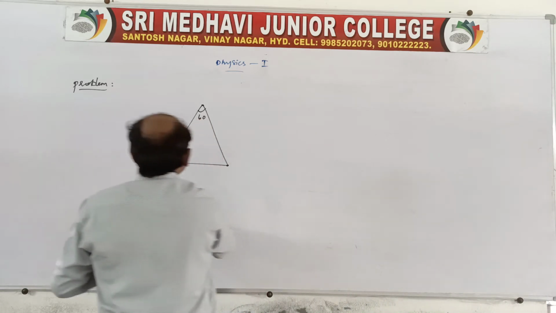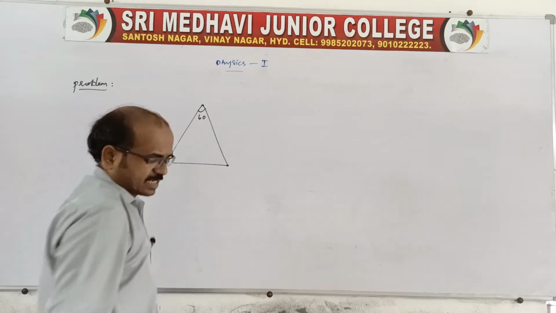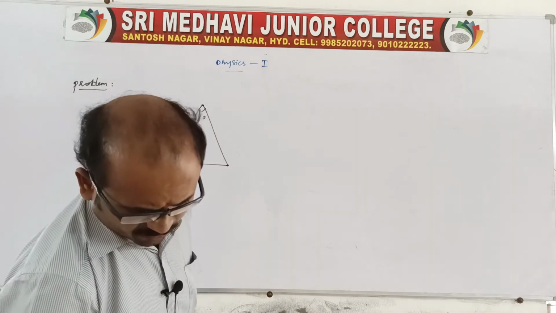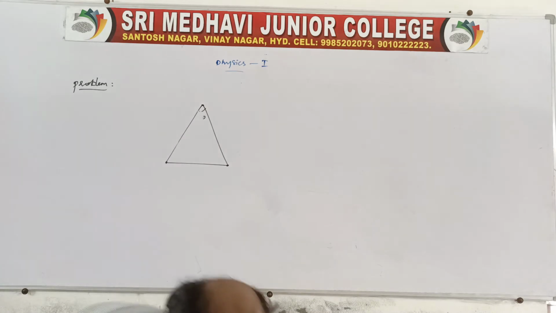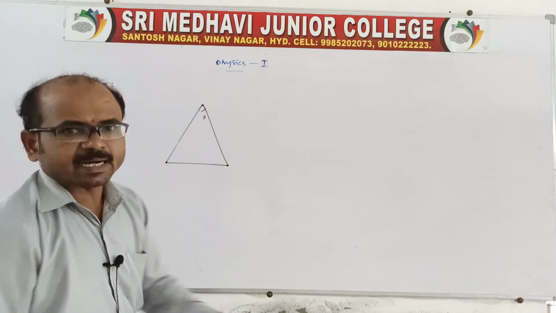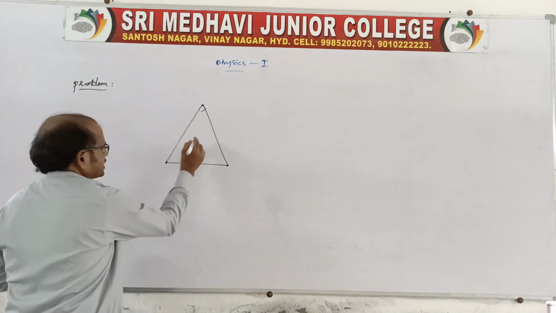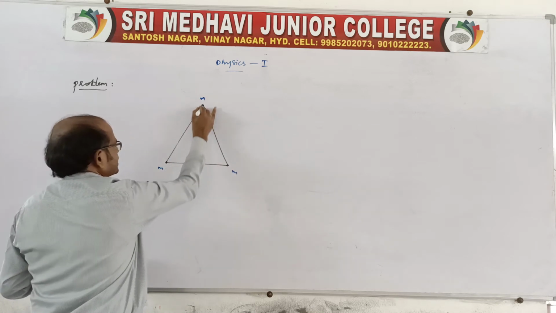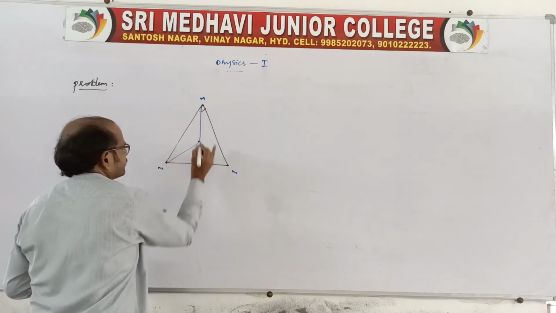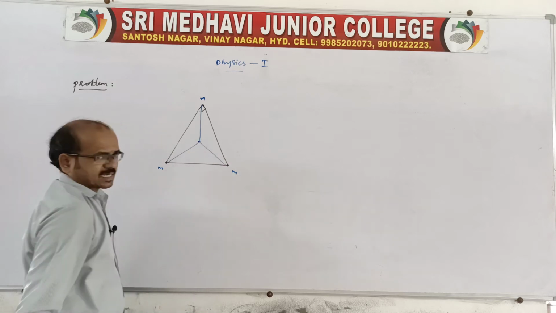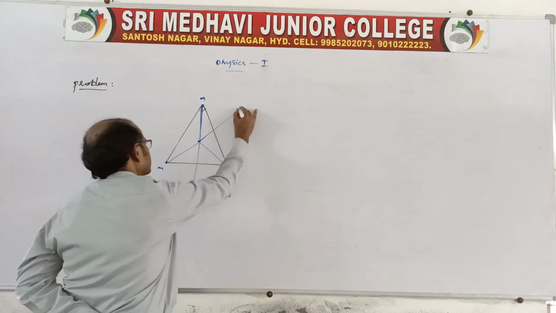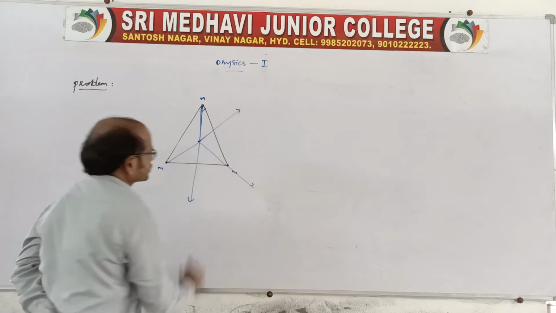Yeah. See, the question is given like this. Again, it will be like this. See, the fourth particle is kept at the centroid. Fourth particle is kept at a centroid. See, there will be a mass M. See, the force is acting, like this force is acting. Of course, there will be a force like this, and due to this, there will be a force, and due to this, there will be a force.